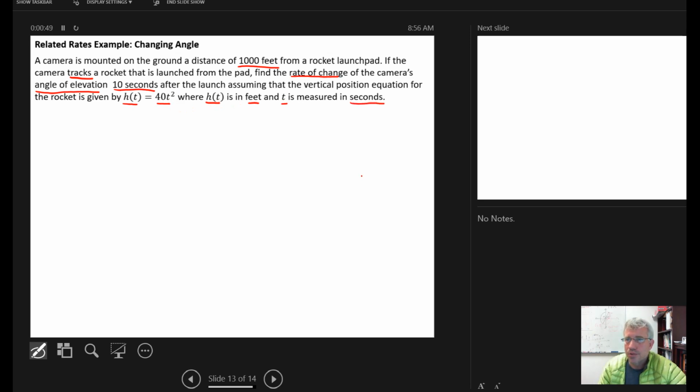measured in seconds. So if we just draw a picture of the scenario, we have a launch pad, and from that launch pad a rocket is going to be launched vertically upwards. So at any point in time it's going to be at this position. The height of the rocket is modeled by the equation 40t squared, so this height is changing. And over here off to the left, possibly, is a camera that's mounted, and the camera is going to have an angle of elevation